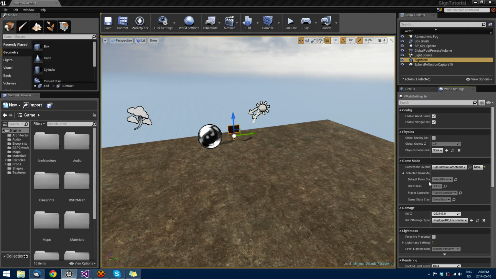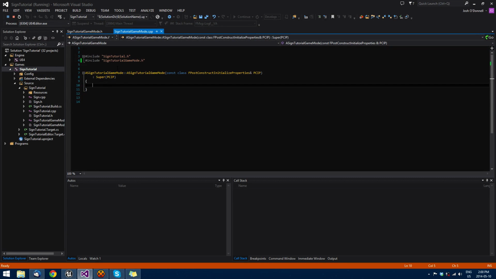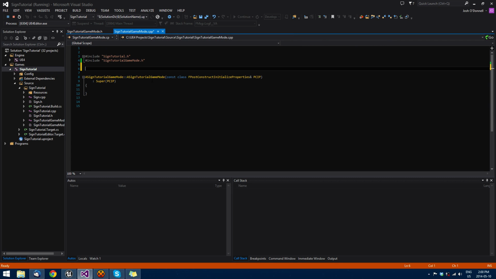We're going to be changing the default pawn class in this series of tutorials, in which case the game mode will give control over to whatever class that we specified, so that we can actually say we want this functionality, and that's how we'll map our use key that we've set to E, so that we can then do something based on that input. So when you have that all saved out, what you'll want to do now is go into the Sign Tutorial Game Mode, or whatever you named your class, CPP file,